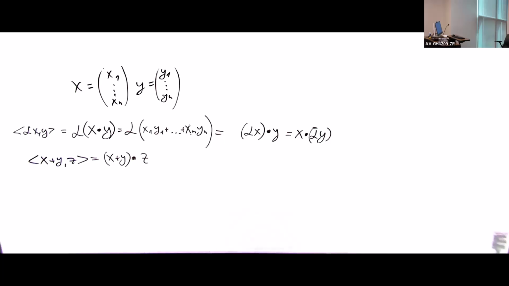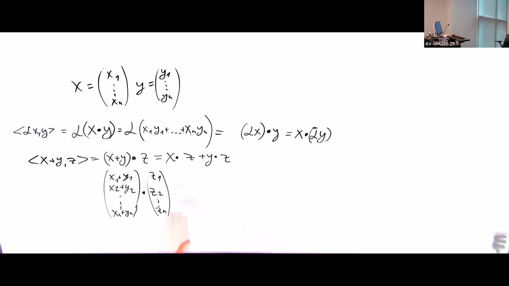Okay? This is a superposition rule of linearity. So what happens is you have distributivity like x dot z plus y dot z. Why is that? Because x plus y is the vector x1 plus y1, x2 plus y2, and so on, xn plus yn. This is a vector. And now take the dot product with z, which is z1, z2, zn,